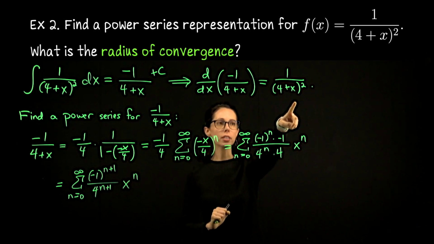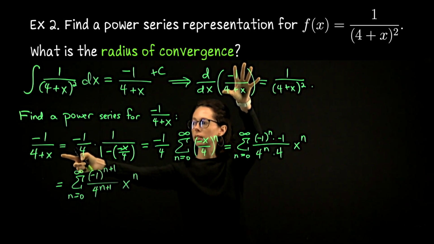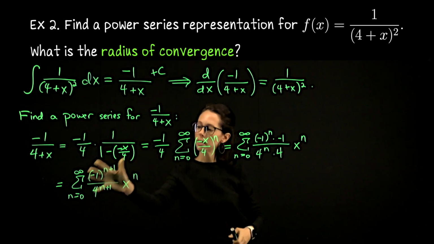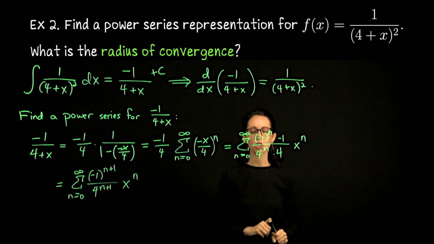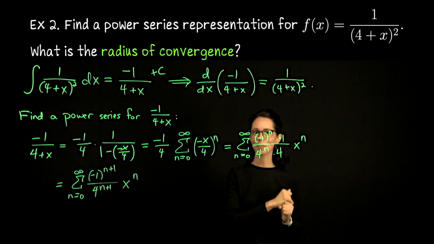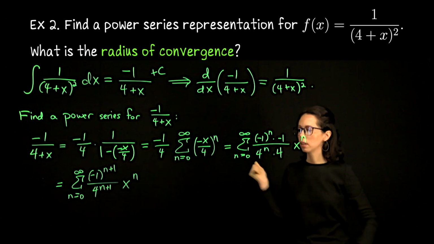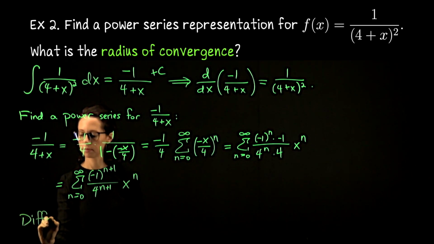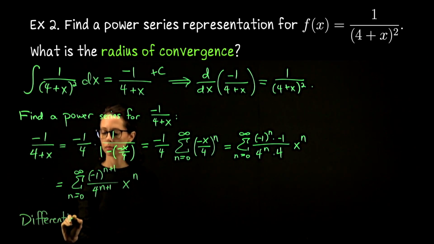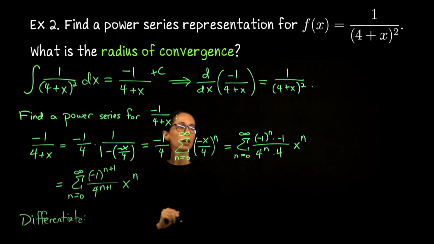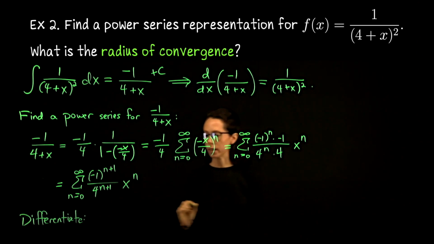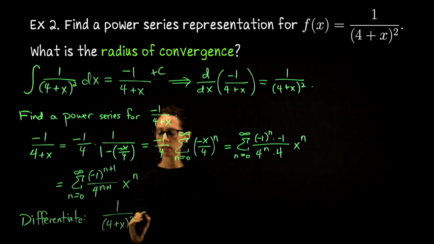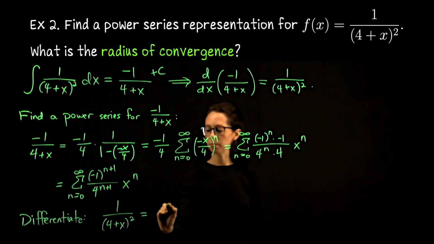Since the function we're interested in is the derivative of that, what we can do is now say that the power series representation for this function is the derivative of this power series representation. And again, that's a theorem, but we're just going to use it. So let's differentiate. We can now say 1 over 4 plus x squared has a power series representation